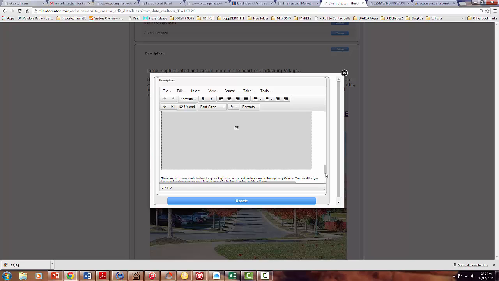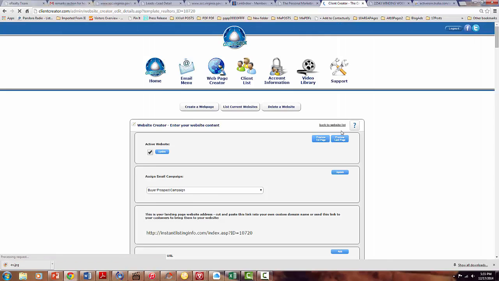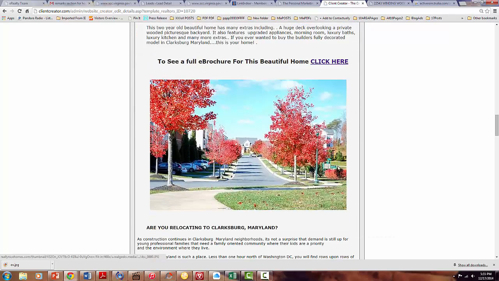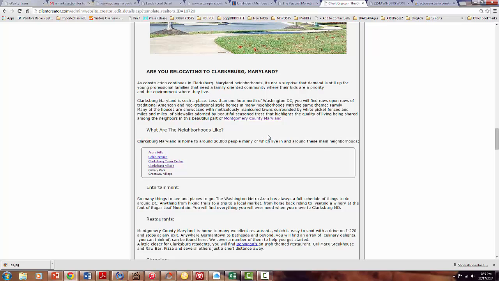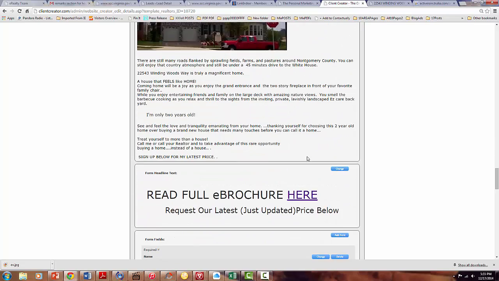So then once I finish, I update that, and it's done. So as you can see, you can put a lot of information here about the particular city where you're selling the house and give them the information, and also you can have links going to different parts of your website here as well.